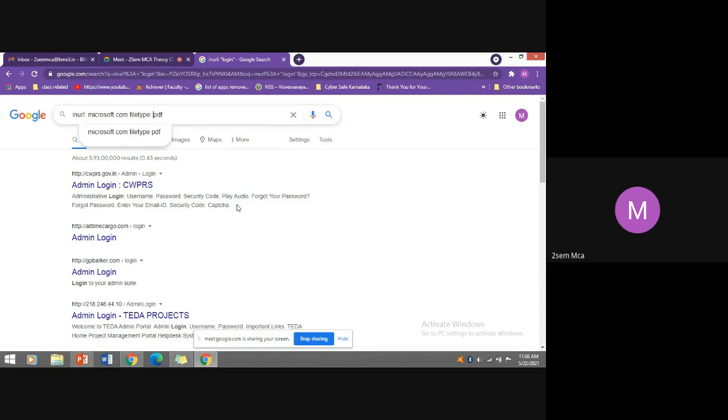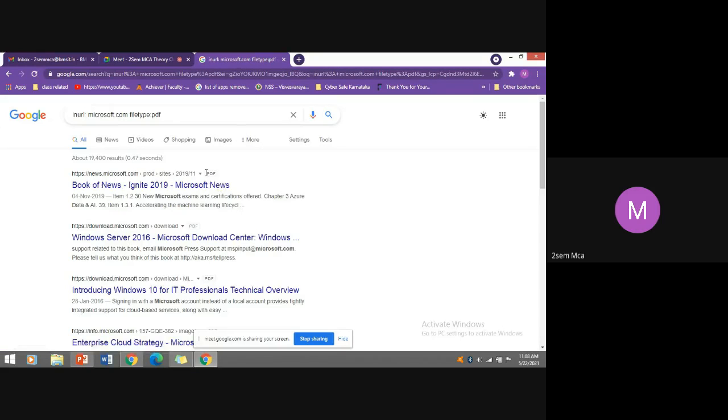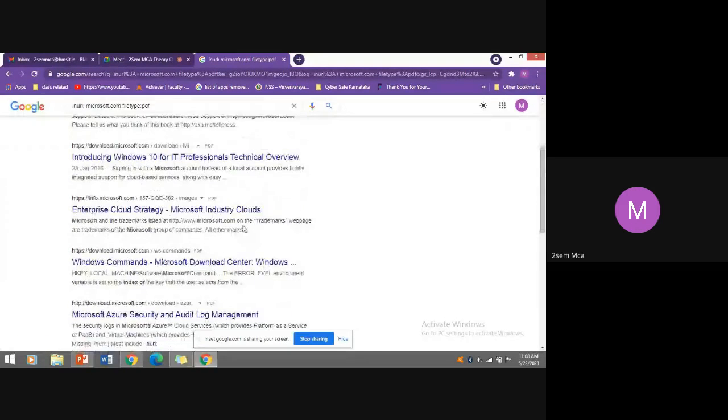See here, it is going to display all domains and subdomains of Microsoft.com which have the PDF file type. You can observe here, probably visible here, PDF, all the websites which have PDF content relevant to Microsoft.